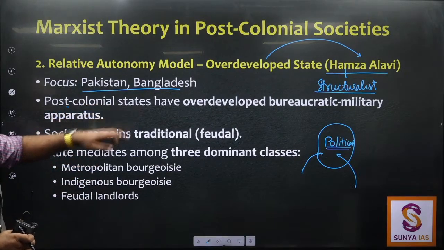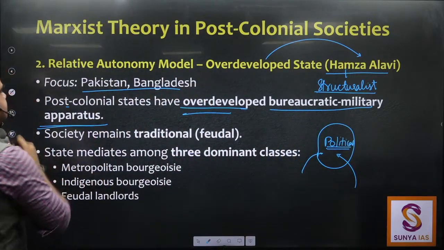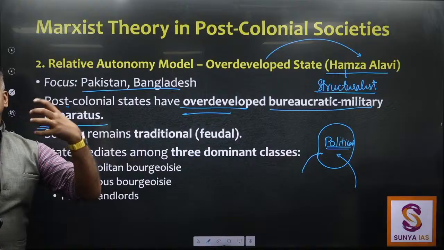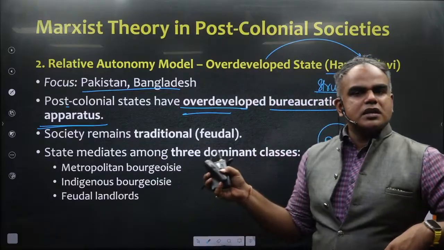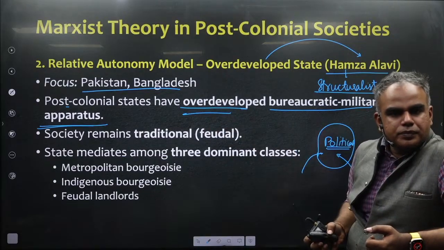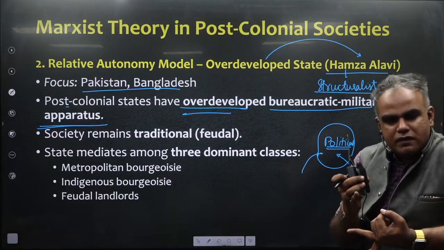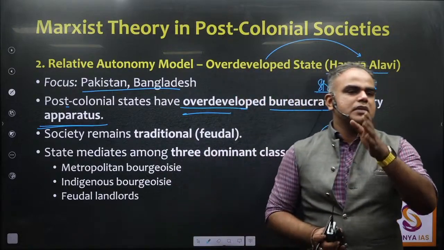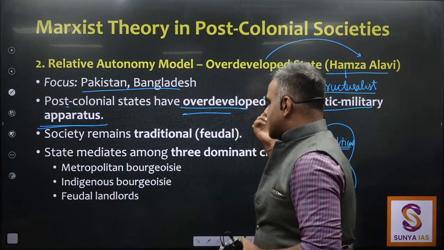So post-colonial states have an overdeveloped bureaucratic military apparatus. Society is very feudal and they have almost borrowed the democratic apparatus. वो भी उनका खुद का नहीं है. Which is why you will see sometimes military coups. Why are they happening? In both the areas, because the traditional democratic structures are not present. Media does not have enough value. They don't have a functional government. Okay? Because it is said normally a state has a military. In this case the military has a state or a government, in case of Pakistan. Okay? So that is the issue.